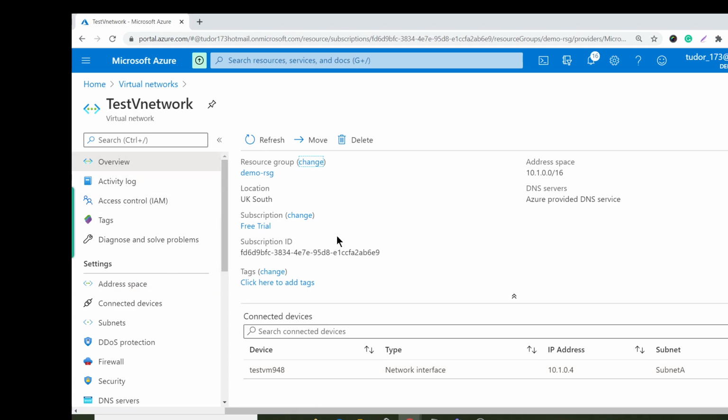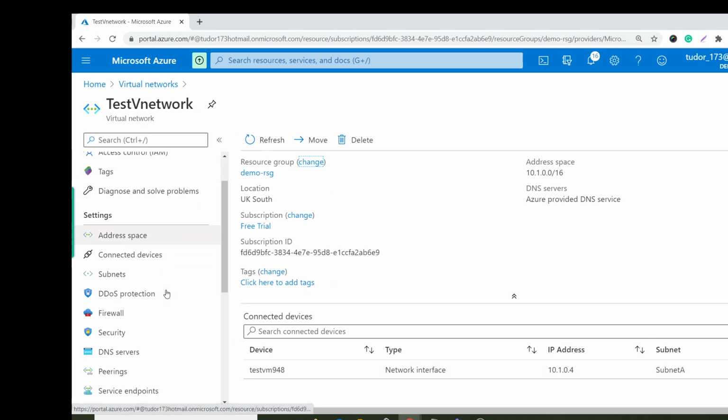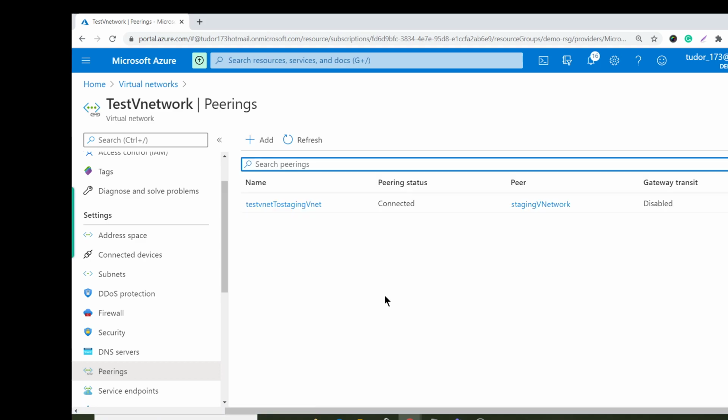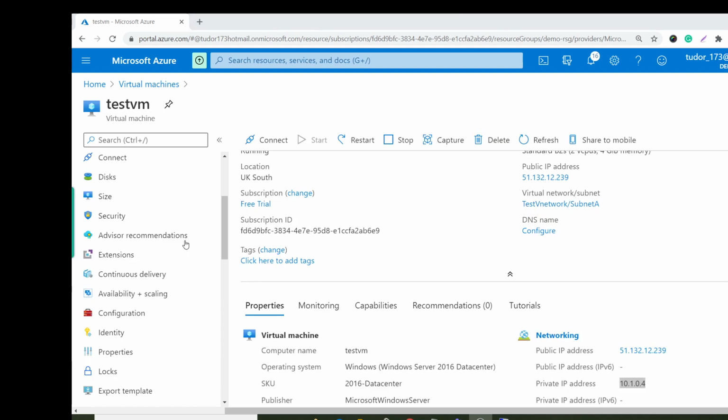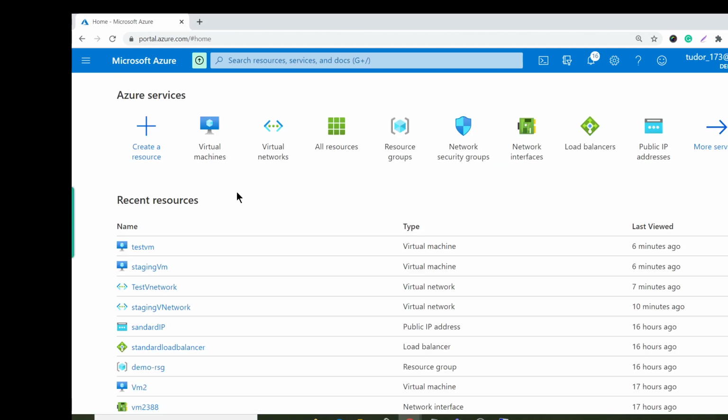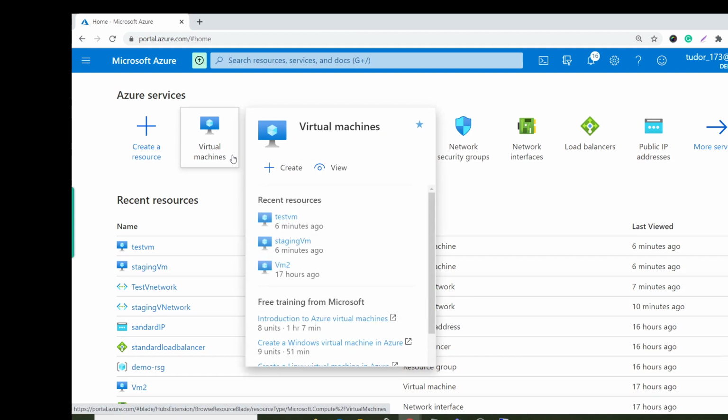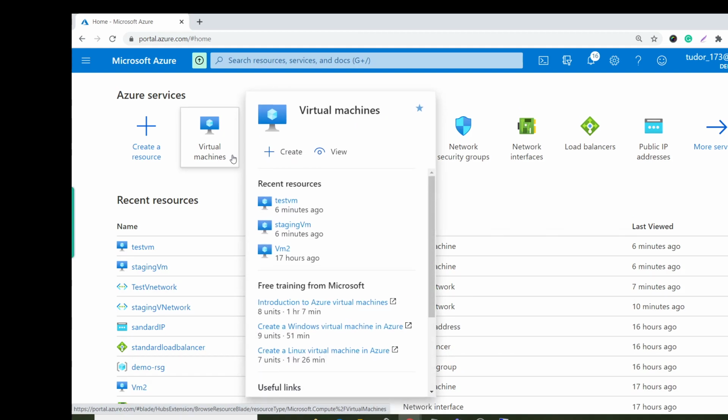If you go to the other network, you would also be able to see that it is connected. Let's go to test VNet, and if you go to peering, you'll be able to see test VNet to staging VNet is also connected. So yeah, that's how we can do VNet to VNet peering. So now we have VNet peering between two virtual machines. We just want to see if we can access one VM's private IP from the other